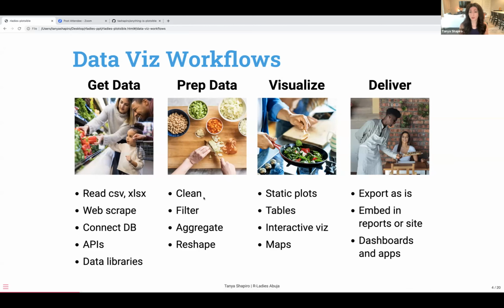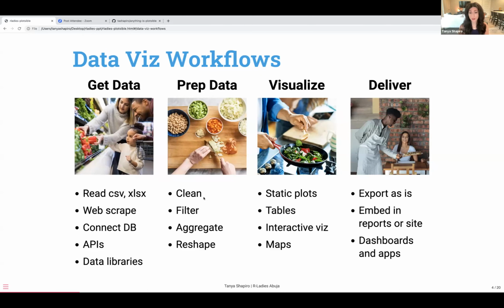I don't know who works with perfect data sets today. If you are, I'm very jealous, because I will say the majority of my time is spent cleaning data and preparing it before I can actually get to the visualization part. And there are amazing libraries within R that can help you do that, like dplyr and data.table. We won't be talking about these libraries today, but there are tons of materials out there for you to learn if